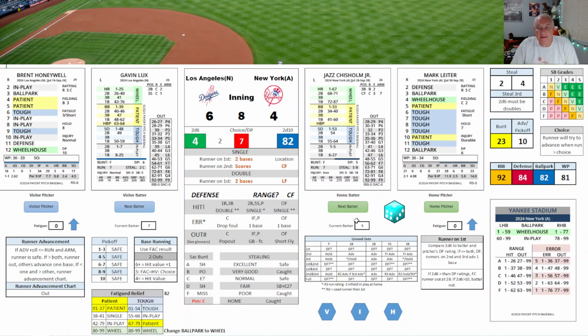Leiter has 2 more batters to face. Gavin Lux to lead off. 5, patient 51. He's going to lead off with a base hit. Single for Lux. Runner on first. Hernandez. He could bunt here. He's not going to. 6, tough 44. Oh, but he doubles. And the runner's going to score. So Leiter can't hold it. It's now 7-4. They're going to pull him. Behind in the 8th. Tough day for the Yankees here. Nolly's going to come in.